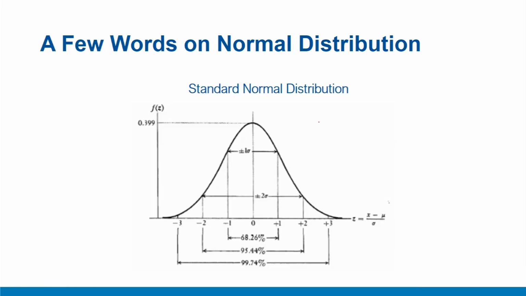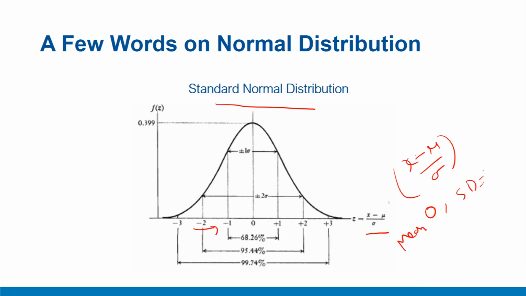A version of normal distribution which is most often employed is called standard normal distribution. All the properties of normal distribution remain similar, except that on the x-axis, instead of the actual values, say returns, we use the standardized return, that is z, which is the value of return minus mean upon standard deviation. So it is normalized so that this distribution will have a mean of 0 and a standard deviation of 1 because of this transformation.